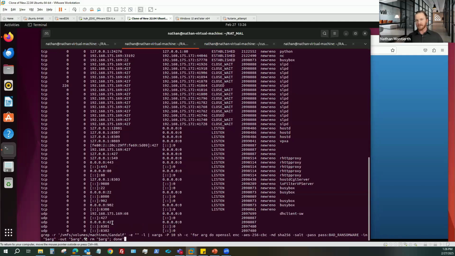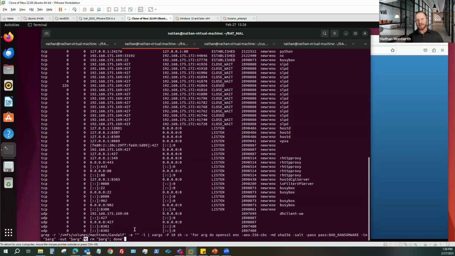And I'll go ahead and prove out that this works here in just a second. But you can see this is just a simple grep command looking at what is in machines/Gandalf, what's in that directory, right? Which is going to be like the VMDK files and other files associated with that virtual machine. Then I'm going to pipe that into OpenSSL. I'm going to use AES 256-bit encryption with a goofy, bad ransomware password over here. And then at the very end, I'm going to append a nuclear radiation symbol just to spook the end user,